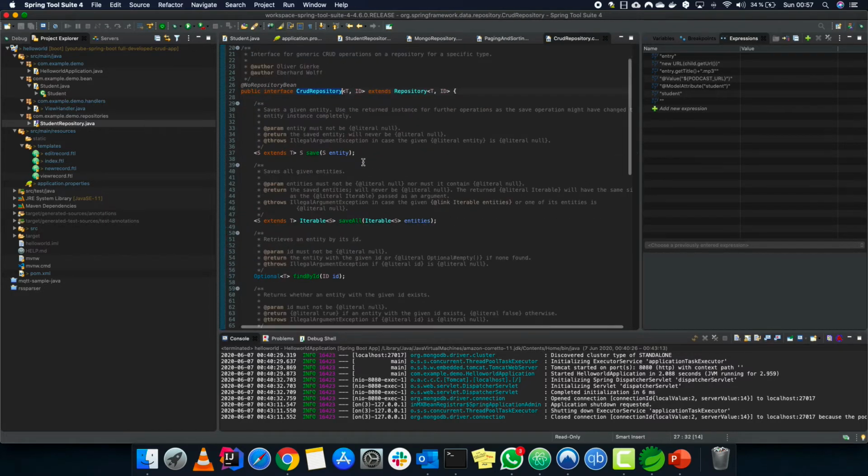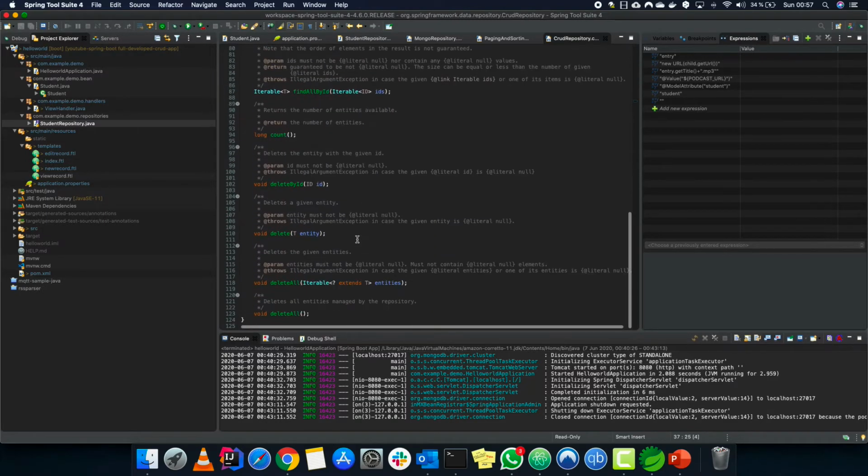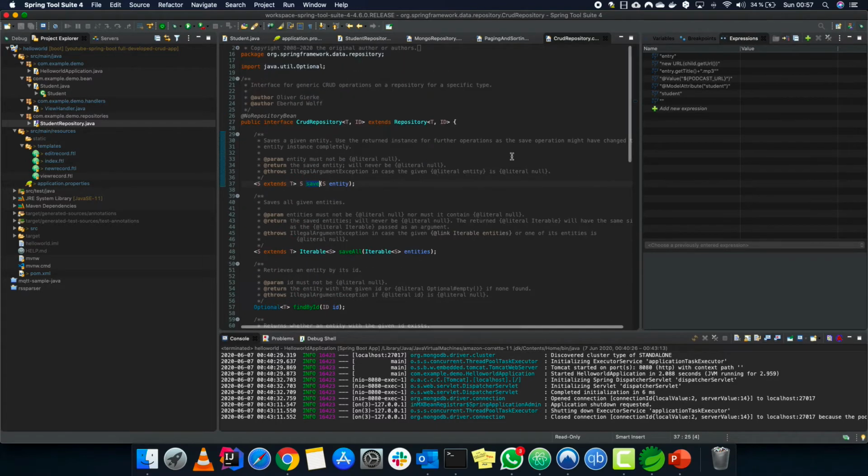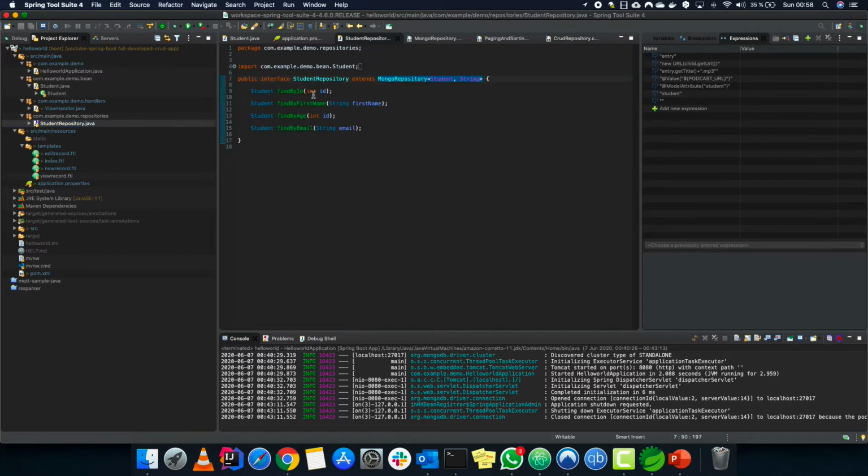So we can use all of these methods without defining our own. MongoDB is already providing us these things. So we go back. We can use all those methods without even providing our implementations for them.